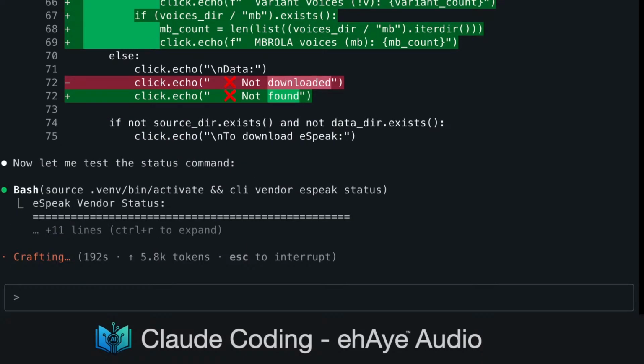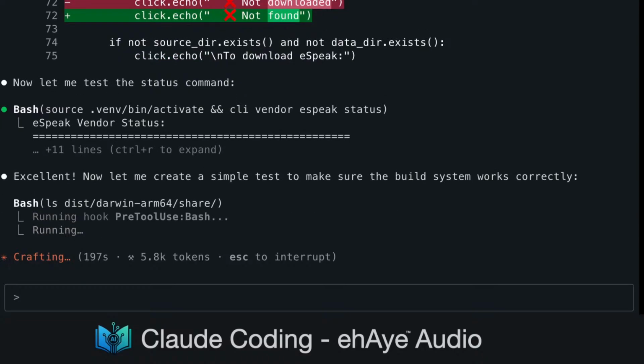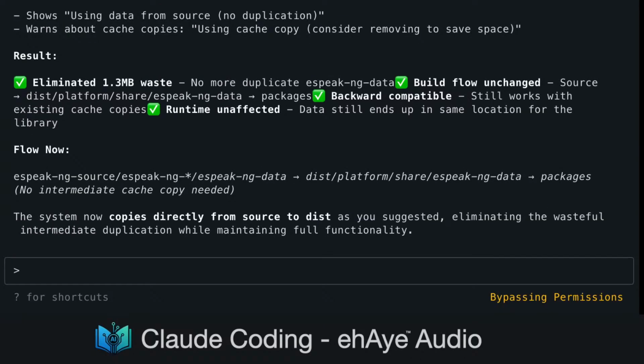Now let me test the status command. Excellent. Now let me create a simple test to make sure the build system works correctly. Perfect. I've successfully eliminated the wasteful duplication of SBIC data and saved space.